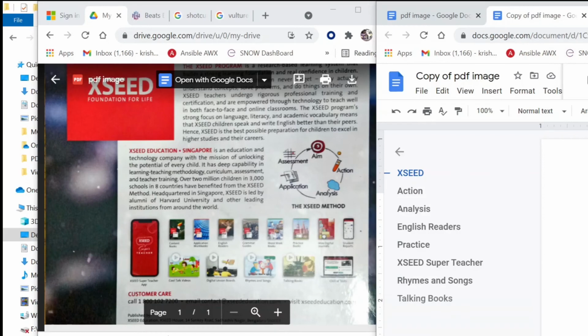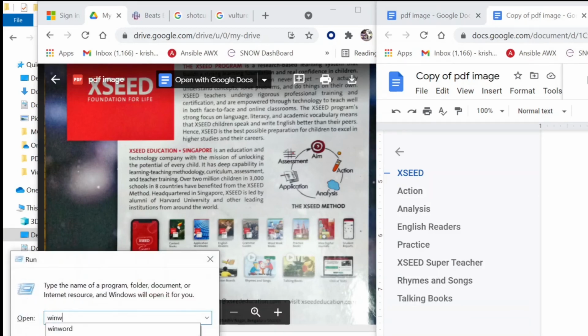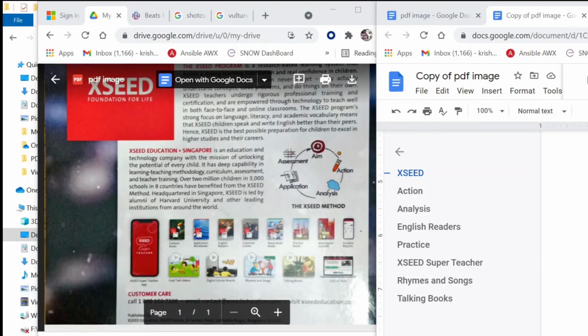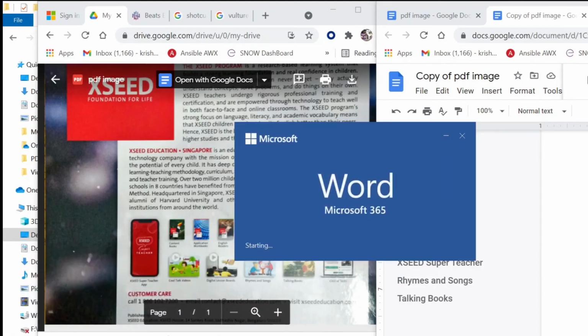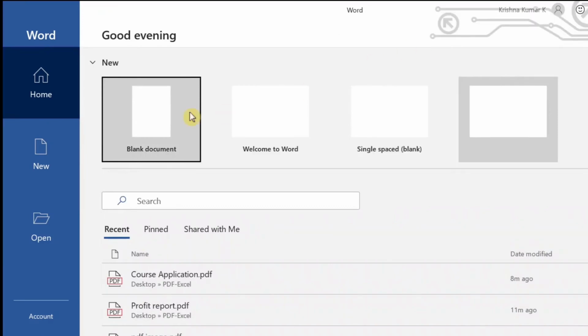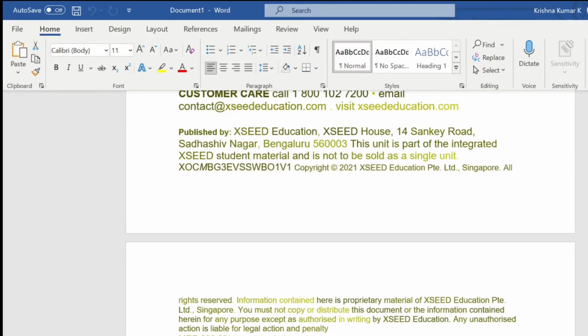So copying or editing the image PDF is much more complicated, but what we can do is extract the data. So I can copy the data and put it in a Word document.